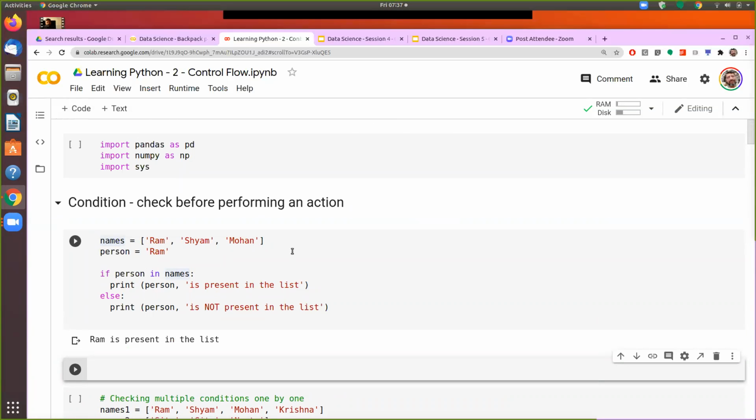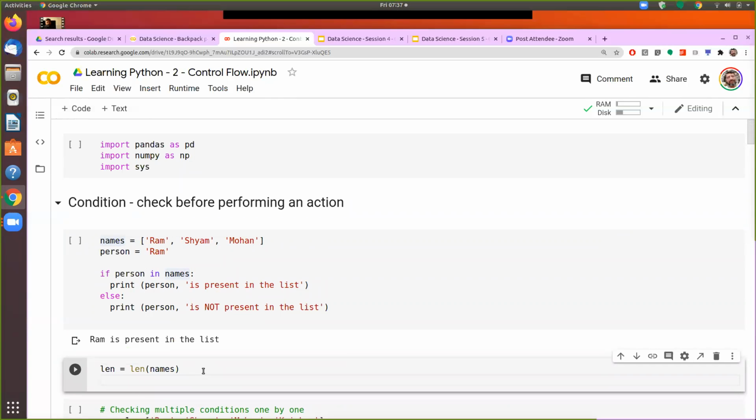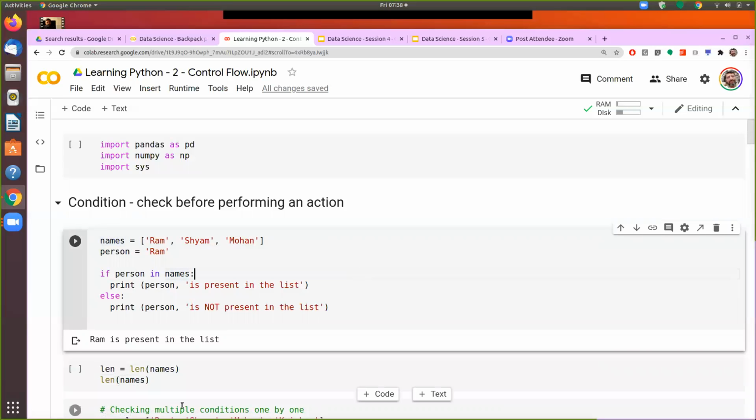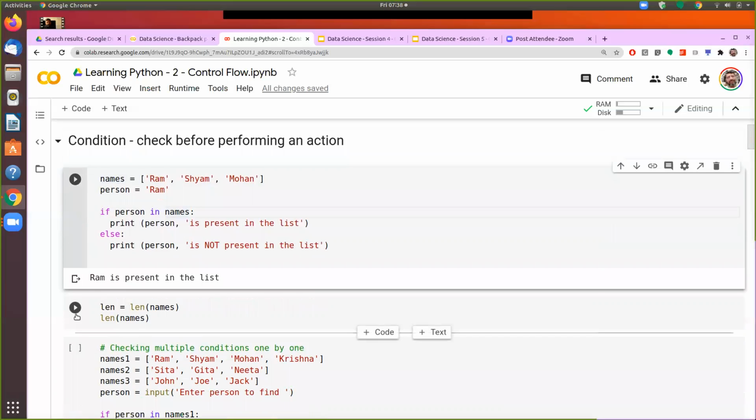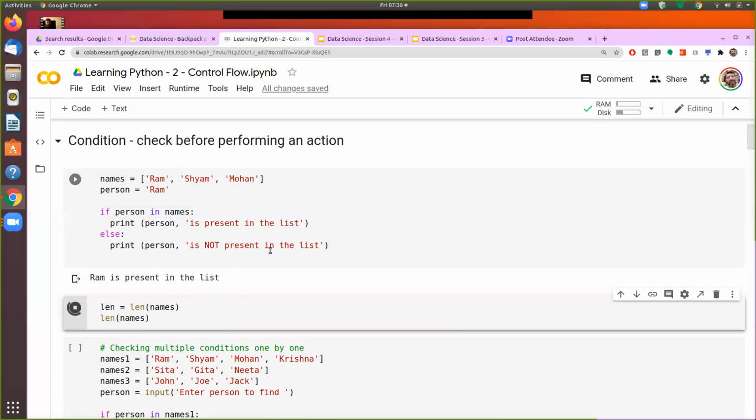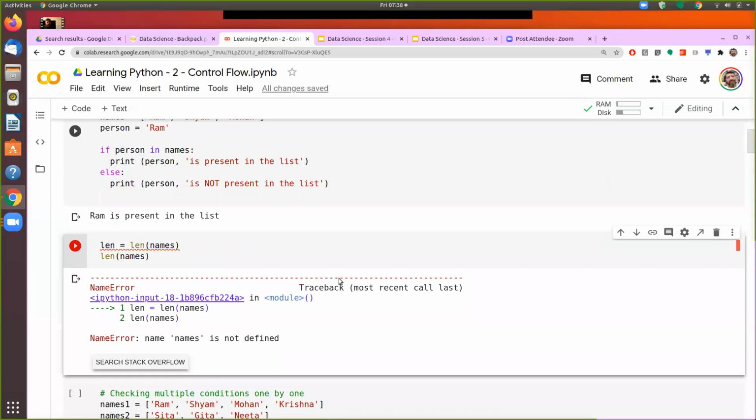What I was doing was that I was saying len is equal to length of names, suppose here. And then having assigned that, I was trying to use the length once again, and it was saying that this is an integer and you can't call a function on the integer. I think we should get the same problem here. Okay, see, no, the problem is different.